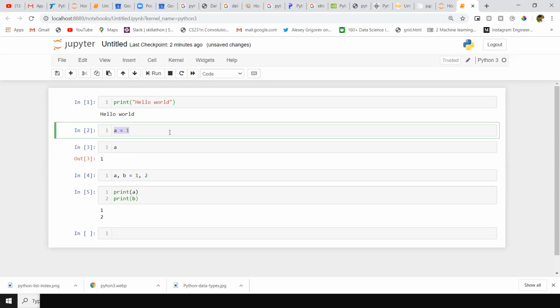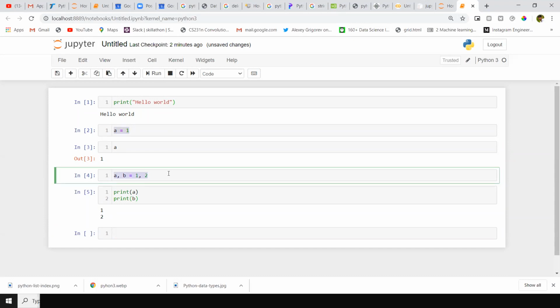Here I declared one variable with one value, a equal to 1, but here I want to declare multiple variables at a time. In that situation, I separate the variables by commas, then the assignment operator, and then whatever values I want to give: a comma b equal to 1 comma 2.